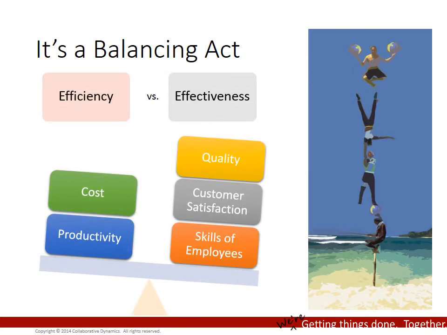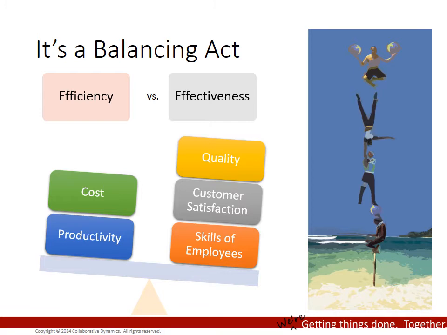So in this example, if we look at forms of efficiency, and this could be cost, in most organizations, the largest cost that the organization has is labor costs, and also productivity. So how many of something is being produced every hour, every day, or whatever that measurement is. Those are examples of efficiencies.